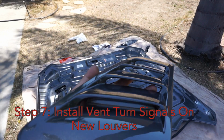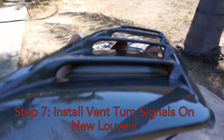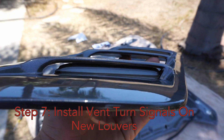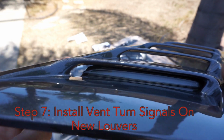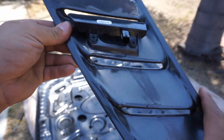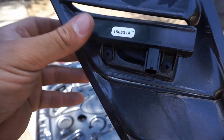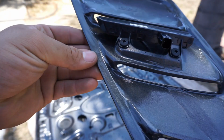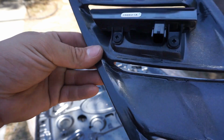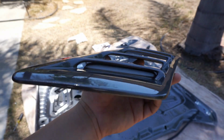Guys, one thing I will say for you 16 owners, it doesn't look like the light aligns too properly here. As you can see, there's kind of a space here. It'd be perfect if the light sat right on it, but that's what we're looking at. It gives you a little bit of room for adjustment, but not too much at all. So as you can see, it doesn't really sit aligned too well, but I'm sure once it's on the hood,